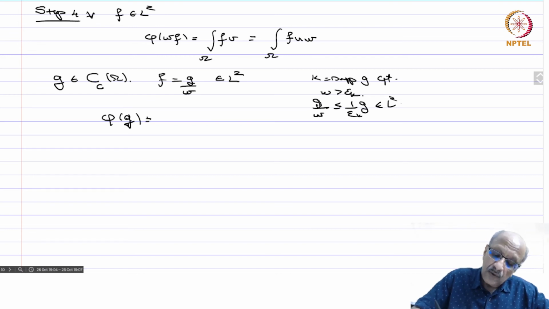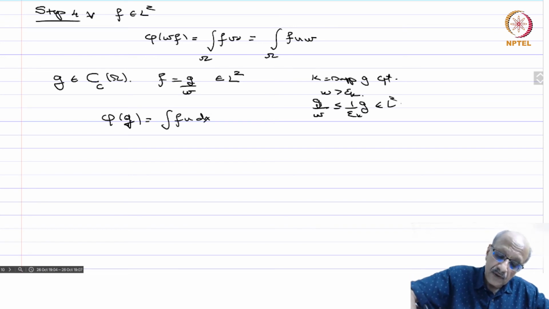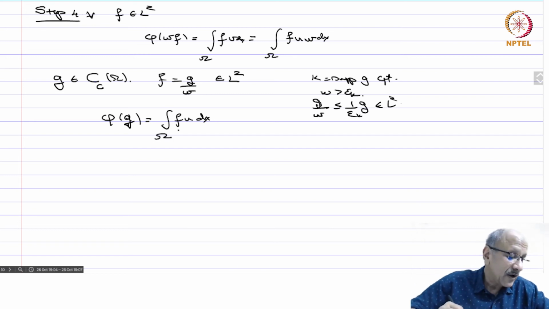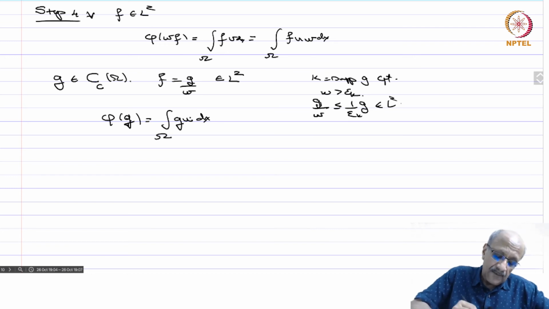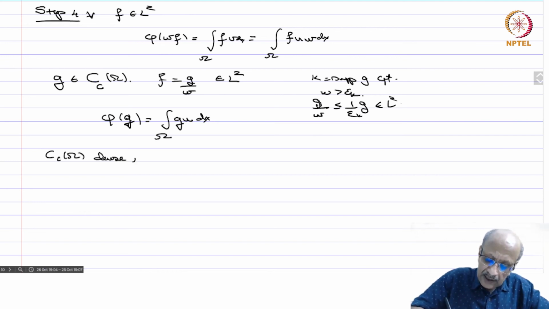equals, so f is equal to g by w, integral fu dx. So there's a dx everywhere, which is understood, and sometimes I forget to write. Okay, so sorry, this is not fu, it is gu, because fw is equal to g, so phi g equals integral gu for every g in Cc of omega. And now we have that Cc of omega is dense in L1 of omega,